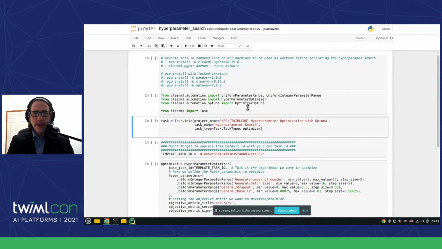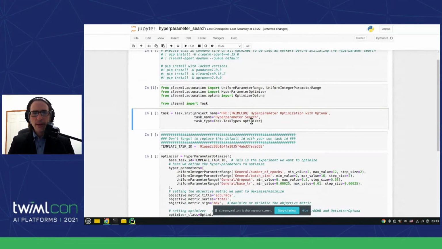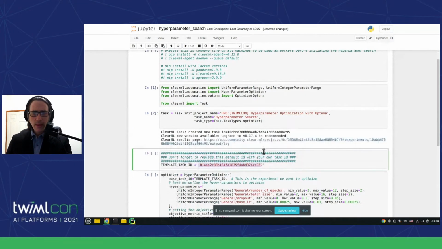Now, the same thing as earlier. I'm importing a task, but now I'm actually calling it an optimizer task, so I could filter optimizer tasks out. And as I said, building blocks. So this is an ID for a task, for a CIFAR task that I already ran and made sure that it works.